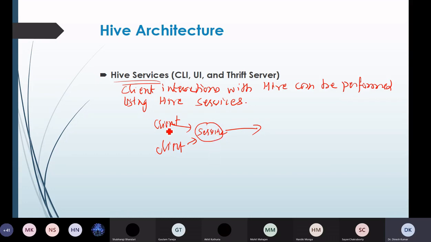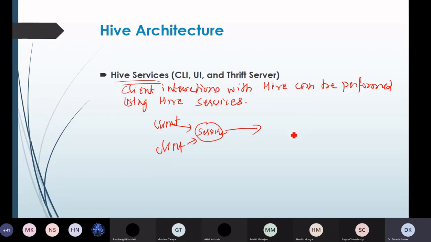So it acts as a barrier. It will take care of all the interactions of the client with the rest of the components of the Hive.